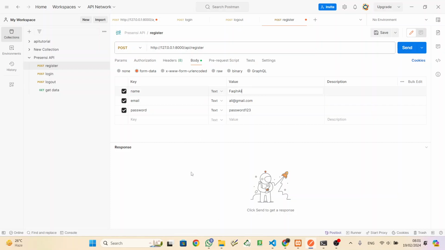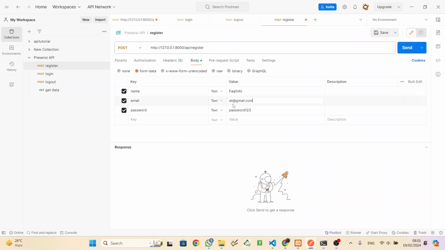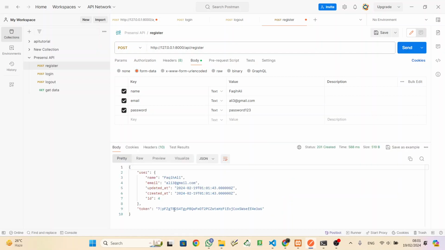So if the response is true, or we can make an example here. Okay, if this response here is true, this is register. Okay, if you register this, it will make a new token. So we can use this token to, for example, make new data or delete data. Okay,